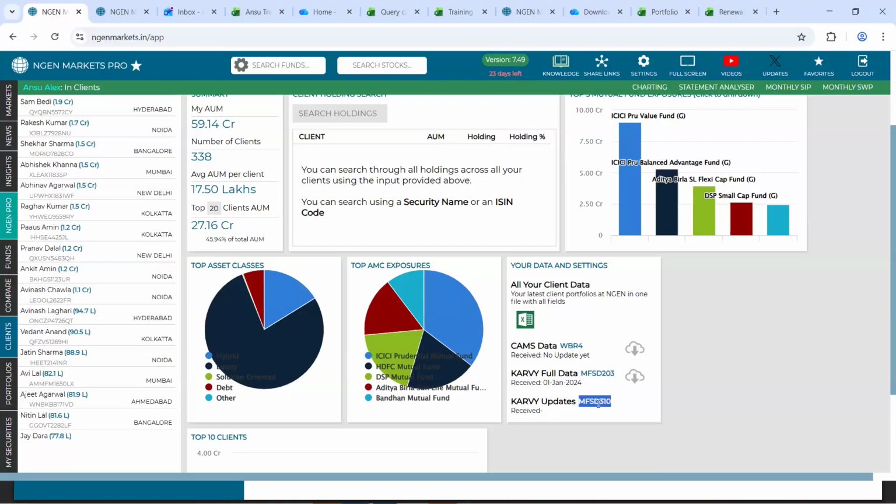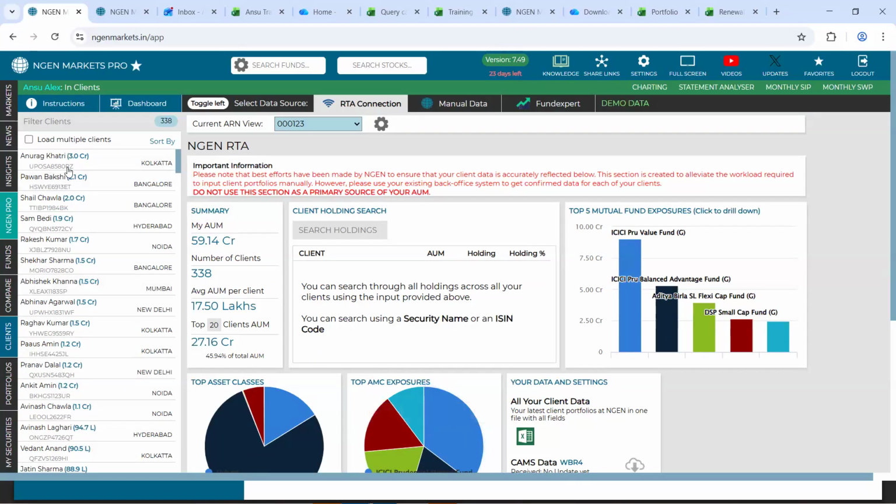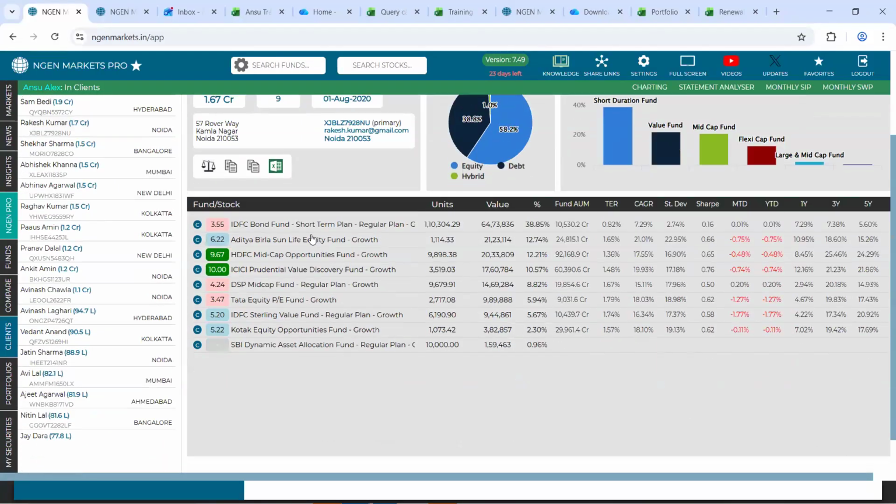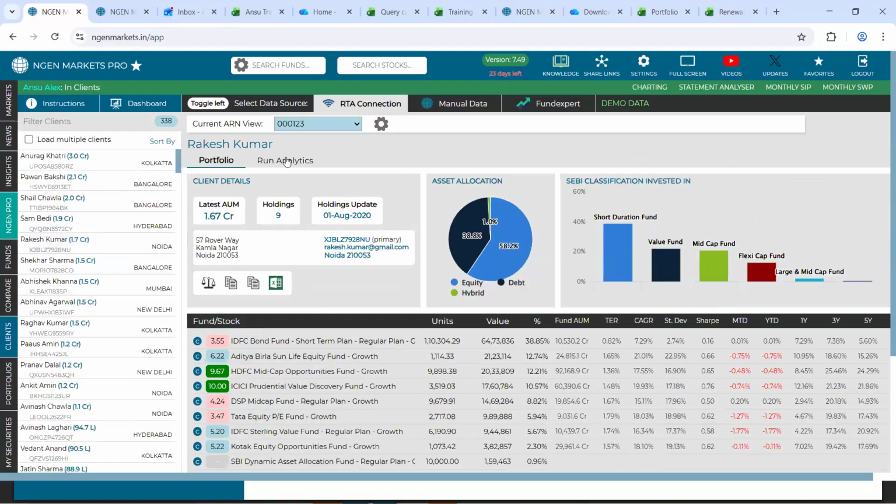So once we have these files, your client data will start showing up towards the right. We update these files twice a week, and then you can click on the name of that client. You get to see their latest holdings that are there in the portfolio, that is the schemes and their latest units. And then once you click on run analytics, you can go forward with the detailed portfolio analysis.